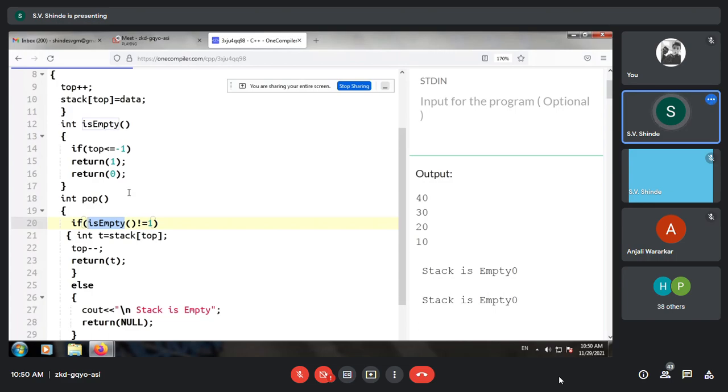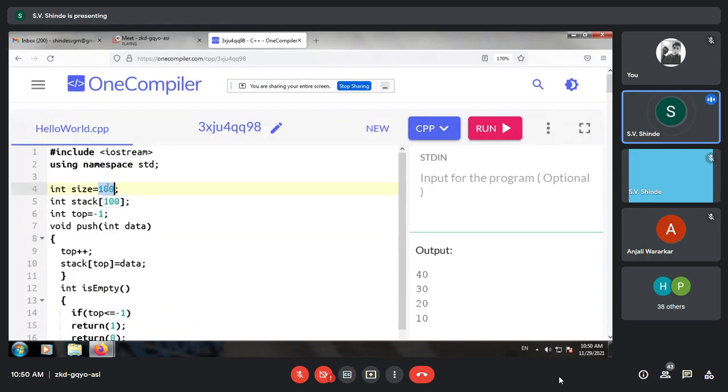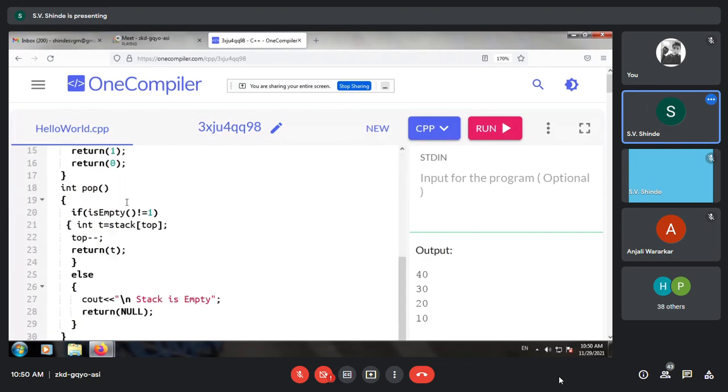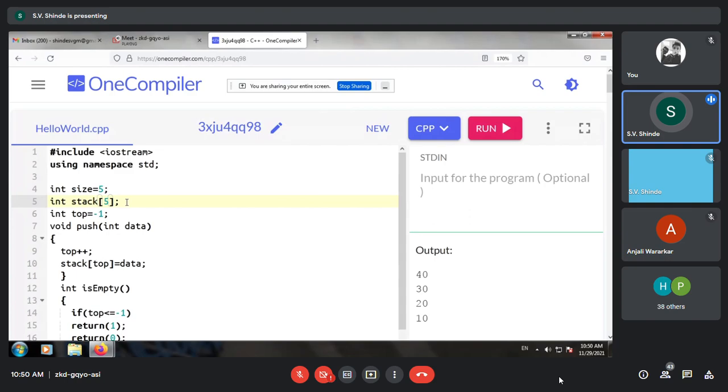Now similarly, suppose the size of this data is very less, say 5. So what will happen? We should check for data going out of the bounds of the array. So this will happen, and that is the condition of stack full.